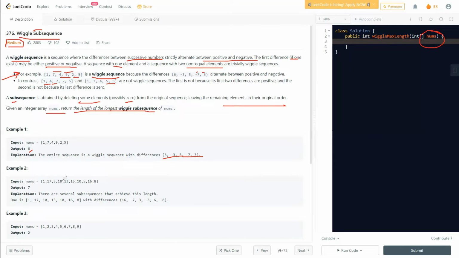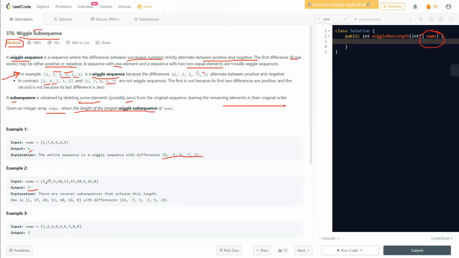Okay, the next one, let's understand this: 1 17 5 10 13 15 10 5 16 8. Now the answer is 7. It says there are several subsequences that achieve that length. There are multiple subsequences that can achieve that length, but the one they are pointing to is this: